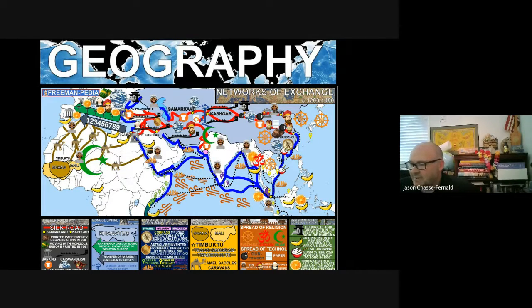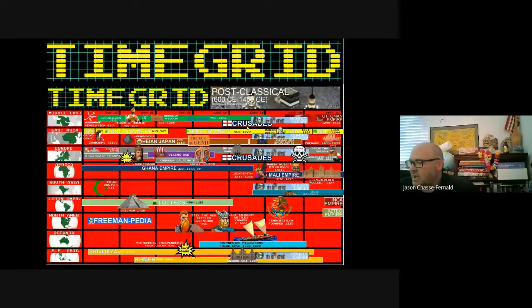In class, we talked for just a few minutes on identifying who they are. It's the Mongols, and what their impact is. We looked at this real briefly, just making the point that now that we are done with Unit 1, there should be a lot of familiar information on this time grid. This should not be foreign to you like it was on the first day that we looked at this with Unit 1. Hopefully House of Wisdom, Abbasid, Song, Heian Japan, Crusades, Ghana, Mali, Djenné, Aztec,